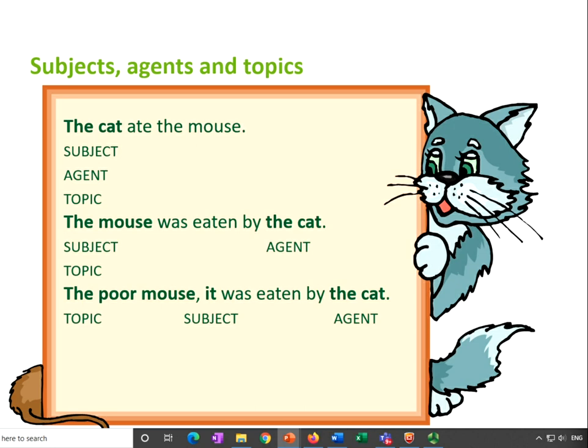It is the subject, and the cat is still the agent. So the poor mouse, it was eaten by the cat, is the sort of thing we might say very often in spontaneous speech, but we don't do that very often in writing, unlike some other languages